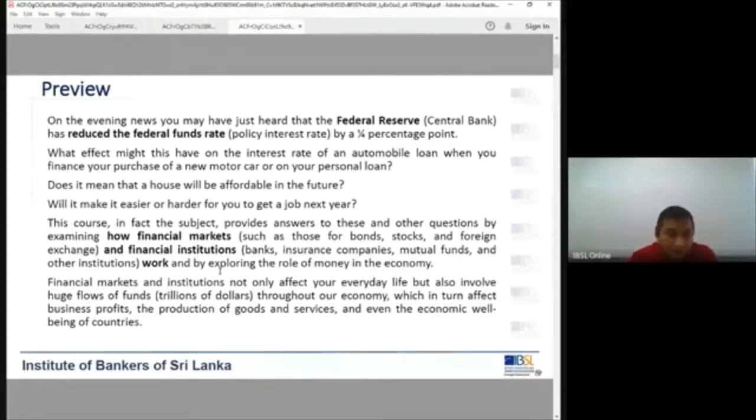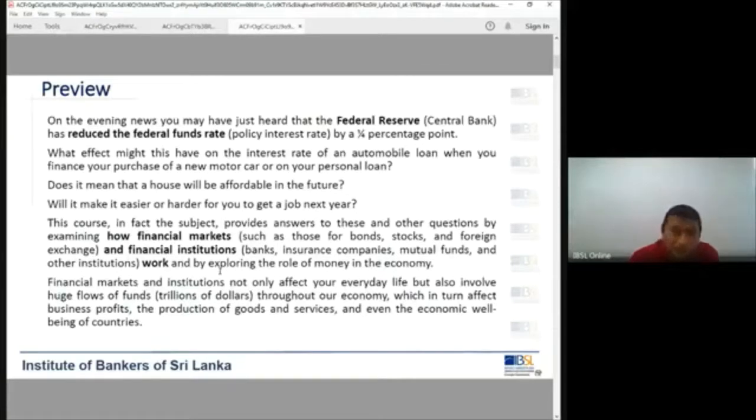So in this course that we are trying to understand and study, the subject is trying to provide answers to these and other questions by examining how financial markets work. When I say financial markets, it could be the markets for various financial assets: bonds, stocks, even foreign exchange transactions, housing, mortgages, various types of financial assets that you will come across. So for the purpose of this program, we try to understand and answer the questions by examining how financial markets